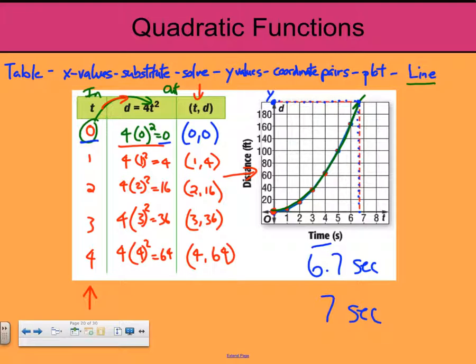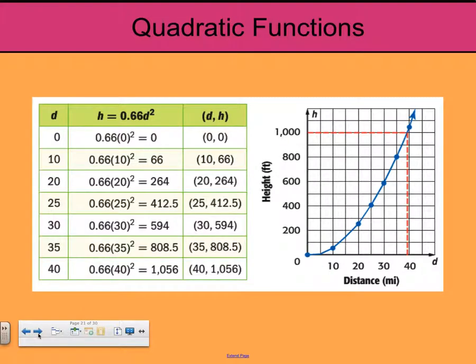The next example is very similar. I'm going to leave the table already done, but I assure you they did the same thing. They created the table. They came up with these x values. In this case, they used the variable d. It doesn't matter. It's still the independent variable. And they substituted their variables into the equation. They solved and got 0. They used the independent variable and dependent variable to create their ordered pair. They plotted their ordered pairs and did that several times, and then came up with the equation that you see